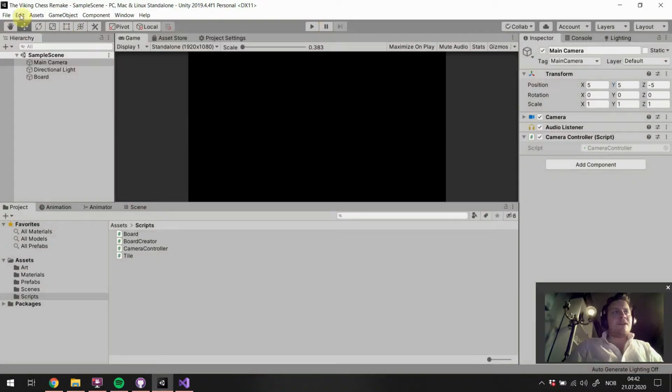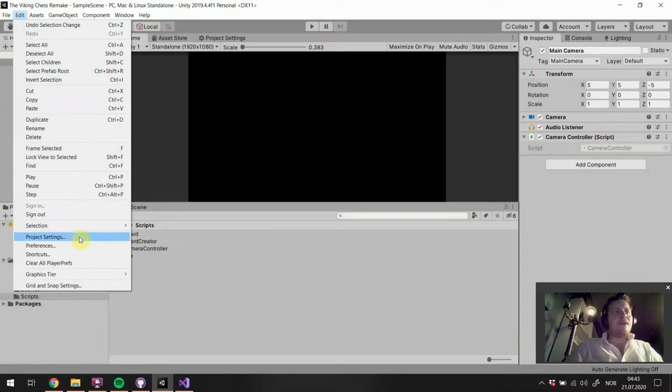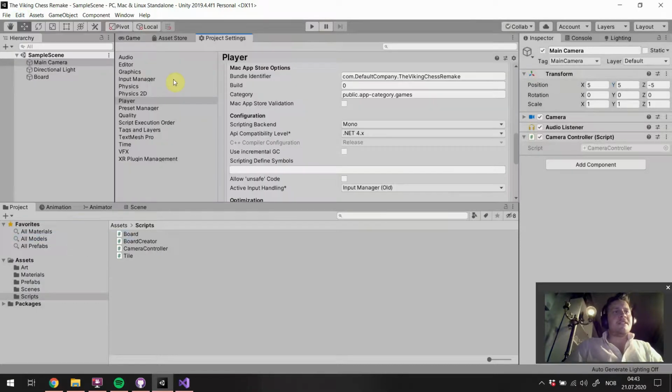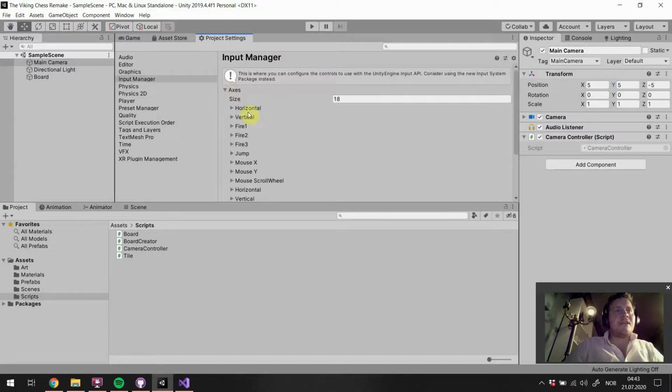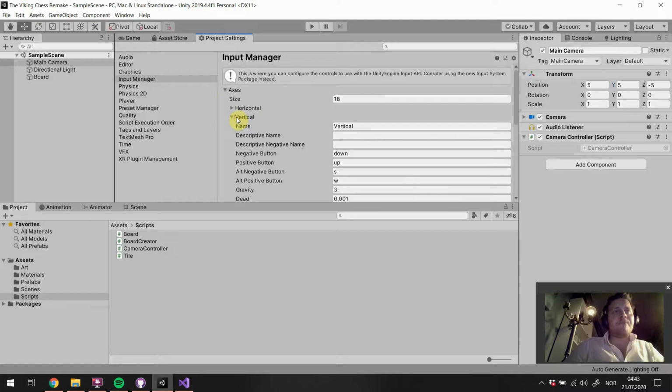So the first thing that I'm going to do is that I want to set up some of our input. We're going to project settings, and then we're going to input manager. We're going to use the old input manager for now. I'll see if I decide to change that later, but I'm so used to this. I'm more used to it, so setting it up is faster. We're gonna use the horizontal and vertical axes to move our camera. The only thing that I'm gonna change is that